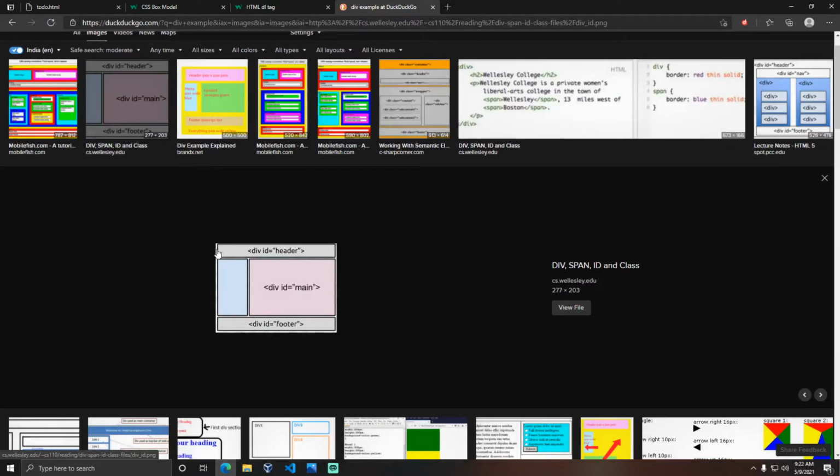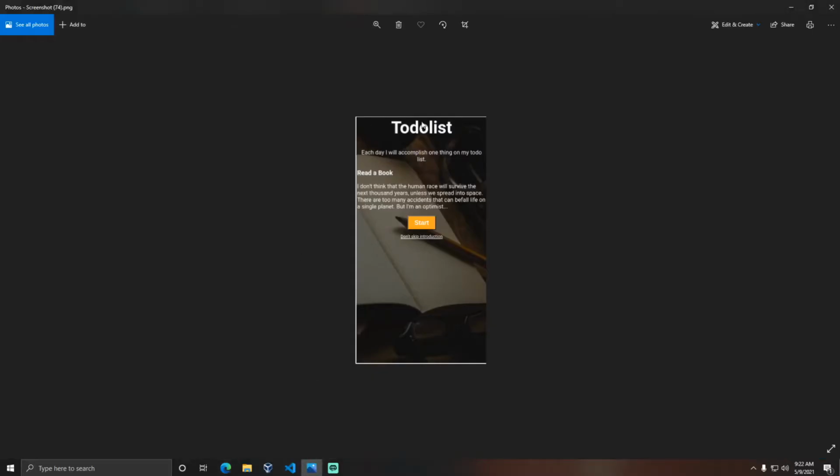See, this is a container. If you think this will be a container, and this will be the container header, this will be the container main, and this will be the container footer section. Overall, this header, main and footer is known as a container. So in this case, this whole thing is considered a container, and here this is a header, this is the main section, and this is the footer section. So that is known as a container.